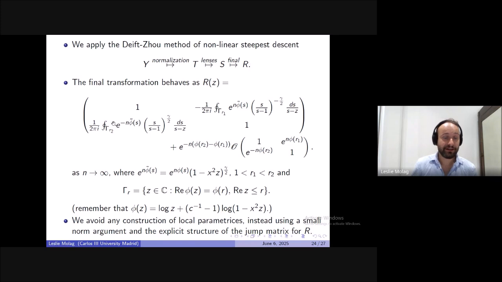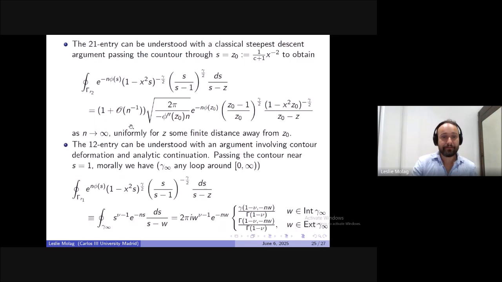So for this integral here over the curve gamma r2, you can actually pass it through a saddle point. So that's this integral here. You can pass it through the saddle point of phi. It only has one saddle point. And that gives you the Laplace behavior, so this is not hard. You get this easily. Then you might think that you can also do this for the 1-2 entry, but it turns out that the